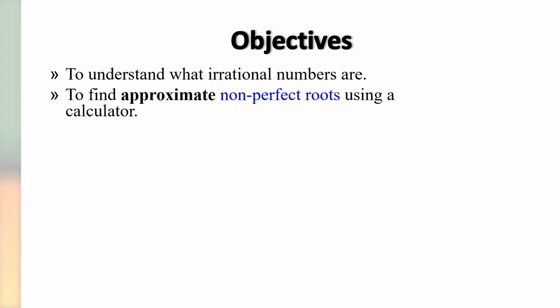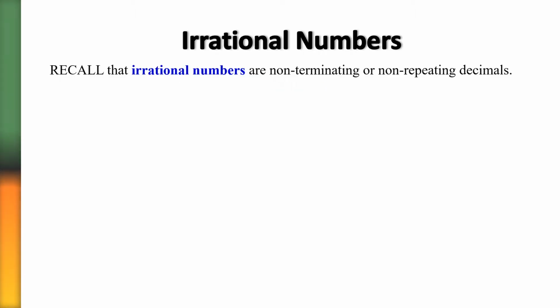In this lesson, we're going to understand what irrational numbers are and also how to find approximate non-perfect roots using a calculator. Now recall that irrational numbers are non-terminating or non-repeating decimals. In other words, if you calculate something and what you get is a decimal that does